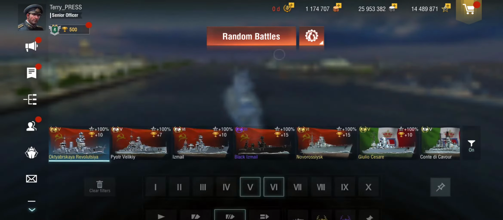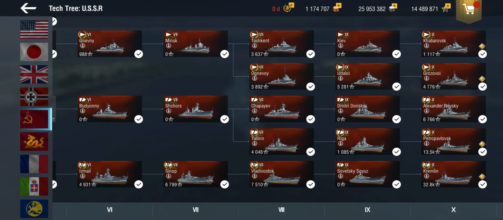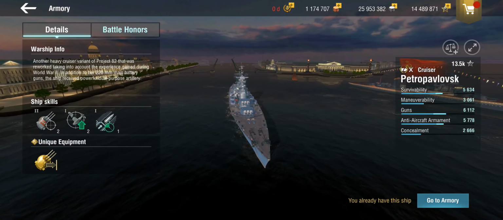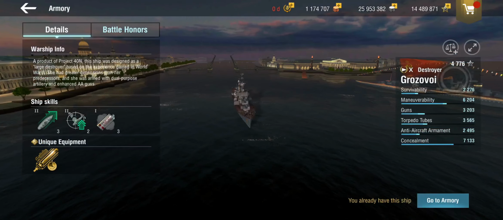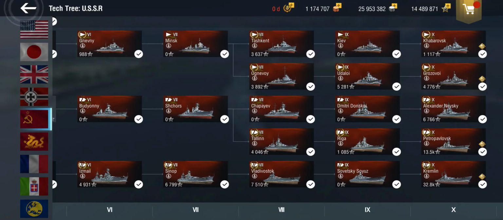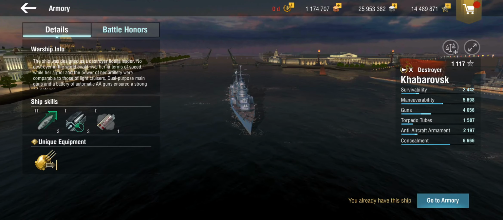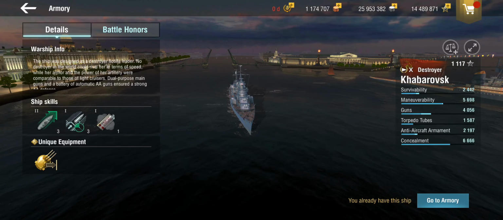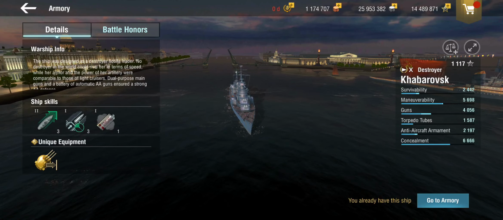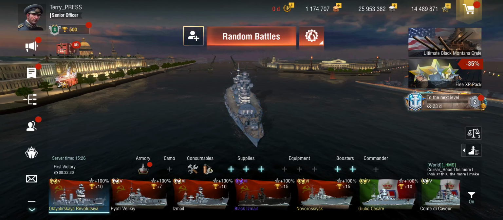Does anything else on the Soviet tech tree get rapid reload? I don't think so. The battleships don't get it. The Petro gets the precise aim. The Nevsky gets the precise aim, and the destroyers obviously don't get it either. So unless the Kaba gets the rapid reload. Yeah, but you wouldn't put a Kaba captain into this thing, because then you'd have the engine boost and smoke potentially specs. Okay,